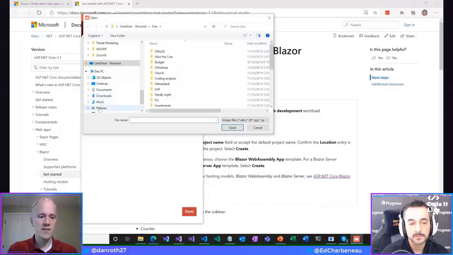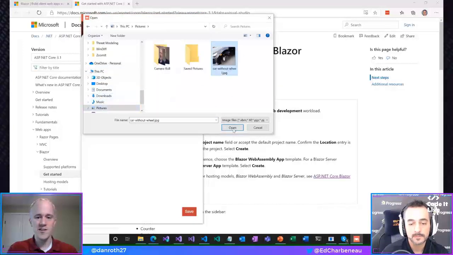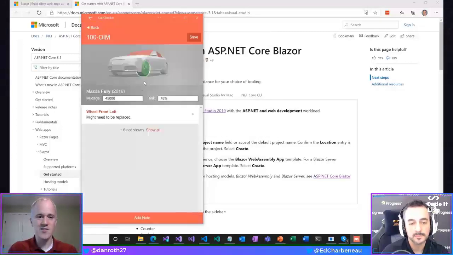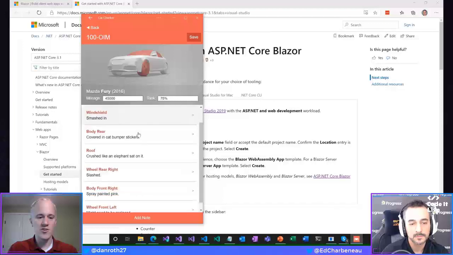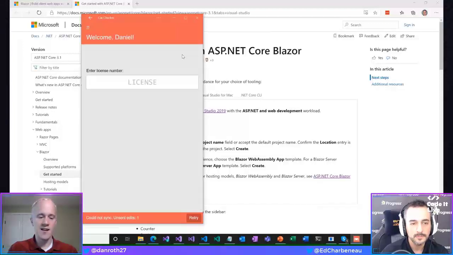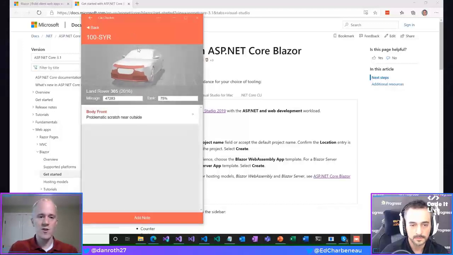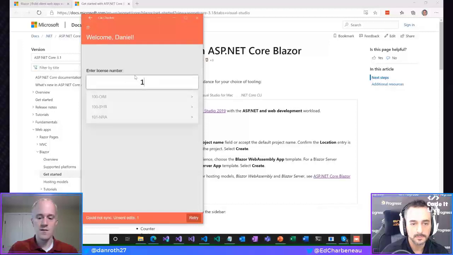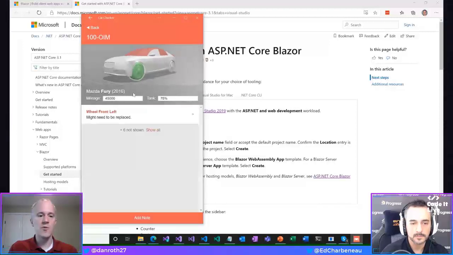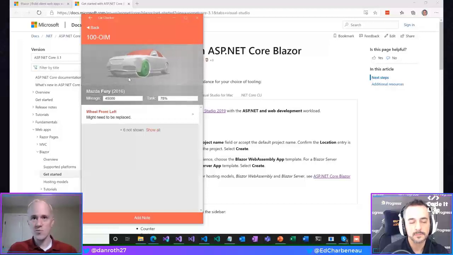Where did I put my photo? Yeah, so this is the car wheel. It looks like that might need some work. And we'll save that. And so now we have a new note that shows up with the rest of the notes. Okay, and we can save that data. And so now that car has been updated. And if we go back to it, oops, that was the wrong one. You can see that my note on that wheel has been saved, and that all works beautifully while this app